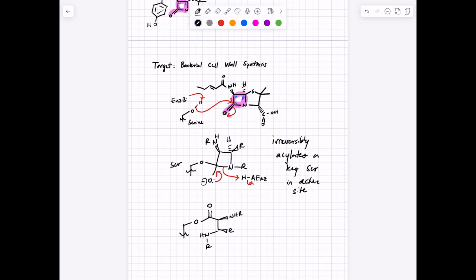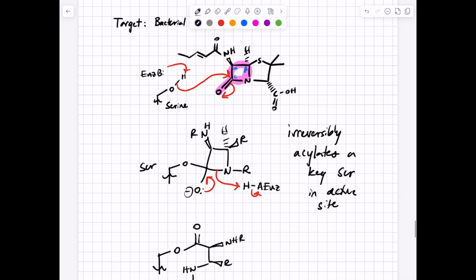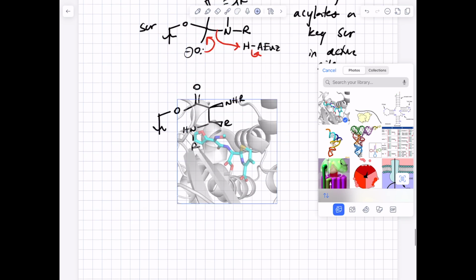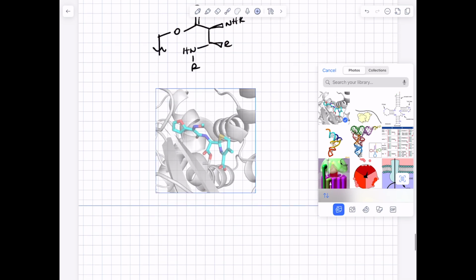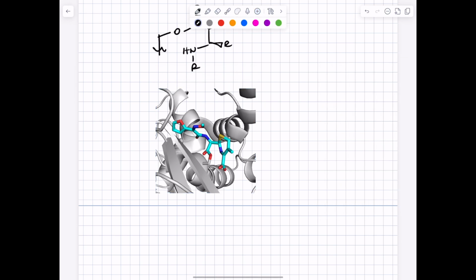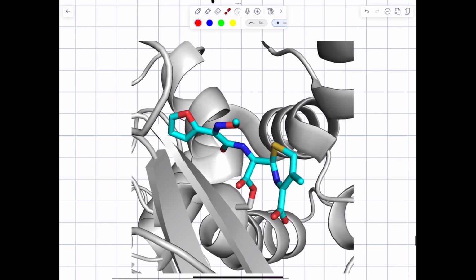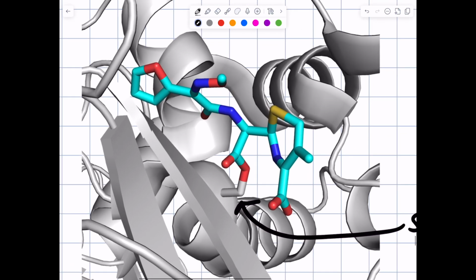So if you want to see a picture of what this looks like, I looked one up in the protein data bank earlier today. This is just a snapshot of the active site. We'll zoom in on it so you can see. Here is the key serine amino acid in the enzyme active site. Here is the carbonyl carbon. Here is the alpha carbon. Here is the beta. Sorry, I'm getting that wrong somehow. No, this is the beta carbon, and then this is the nitrogen that used to be